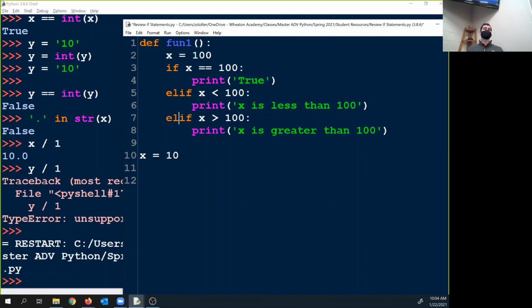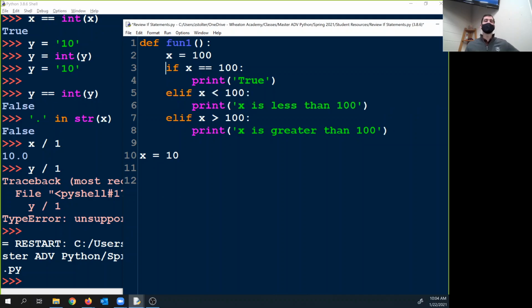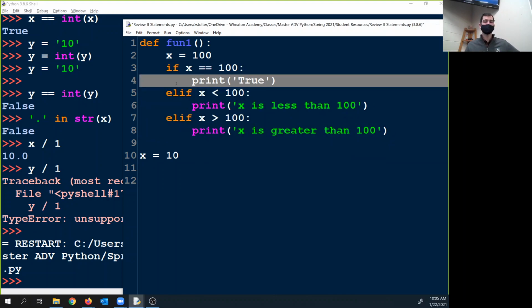One, it makes your code slightly faster, maybe a few milliseconds, because once it gets one of these true, it ignores the rest. It doesn't even try the rest. So you can basically think, if you have if and elifs, you will only ever get one answer. Only one of those will happen, but if you have a bunch of ifs,